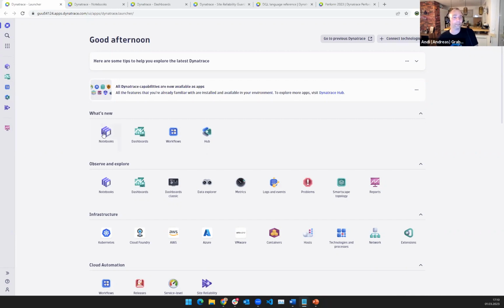Right? So what I have here is actually Dynatrace. This is the new look and feel. We've also announced that we have a new UX model and UX framework that is powering the new UI, the new experience of Dynatrace. First of all, be reminded that all of your existing views that you had, your metrics, your data explorer, your dashboards, your AWS, all of your screens are still there, right? We now just have them grouped into apps that make it easier for you to access. You can search for them, and they're also tagged, so it's easier.